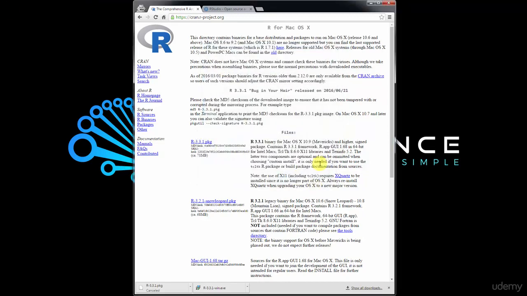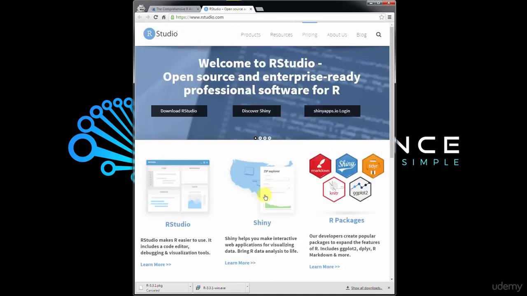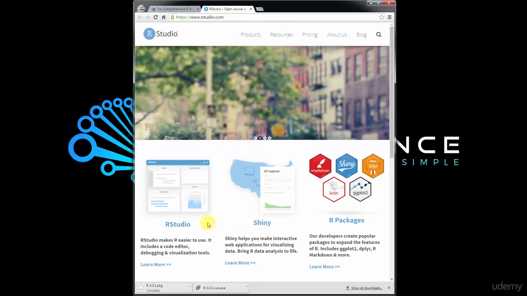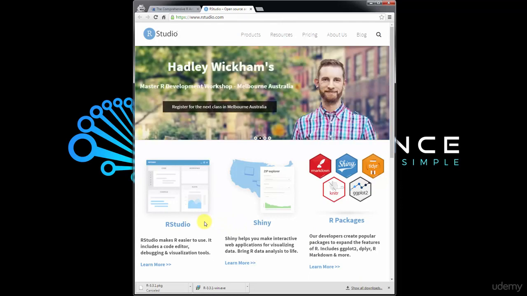But the thing here is that we also need an IDE, an integrated development environment, to work with R. The best environment for working with R, and that I find, and probably most people find, is R Studio. It's an environment developed specifically for working with R, and it is very convenient for data science. So to get R Studio, you need to go to